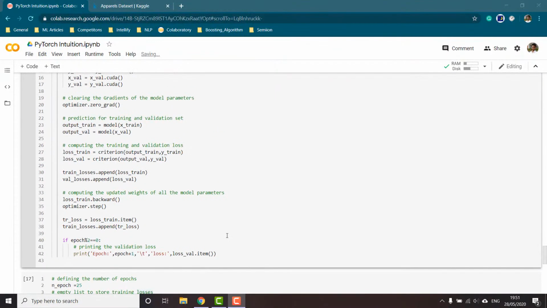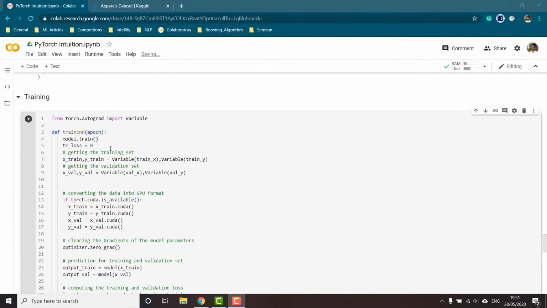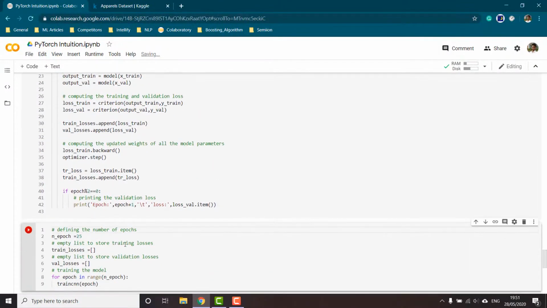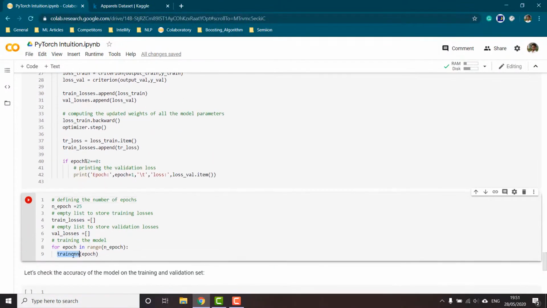Now we have to make just a small adjustment. Since we have already named a data frame train, we can't define another function with the name train again. That is why I'm going to rename this function as train CNN, and then I'm going to run this process, and then again change it over here.